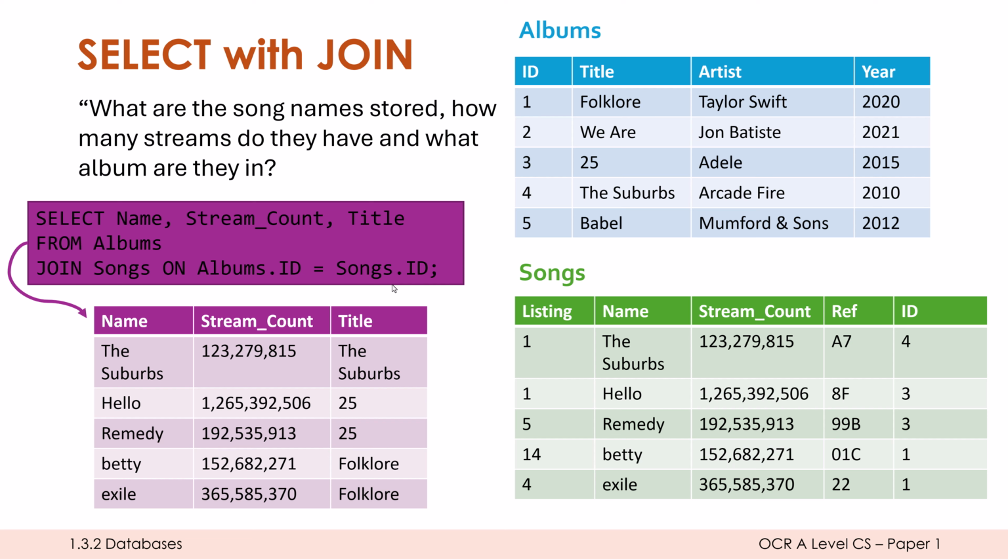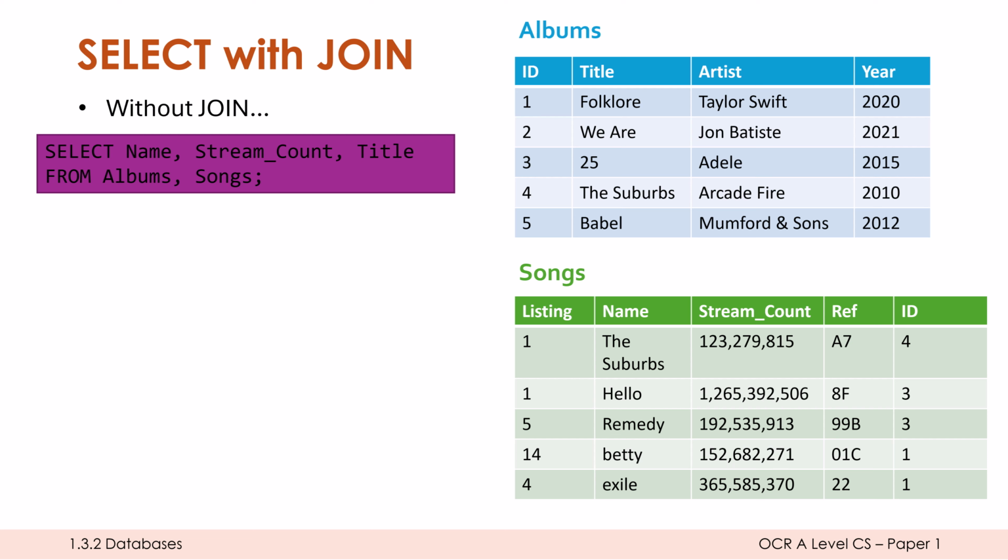It's joining up information across two tables, and it's only giving us the relevant stream count and album name for the song I give it. And that join line is essential because if I didn't put in join and I did something like this, the first bit is pretty standard. I might be tempted to list both table names after from, which you can do, but it's just not how